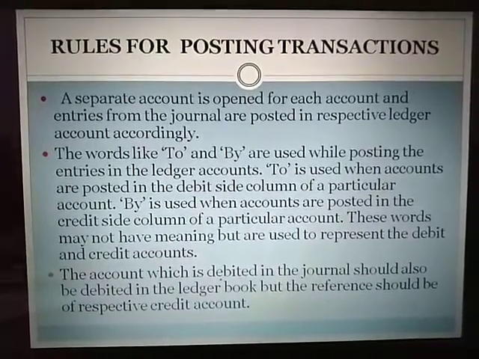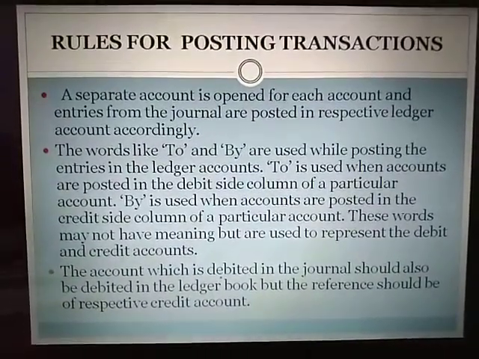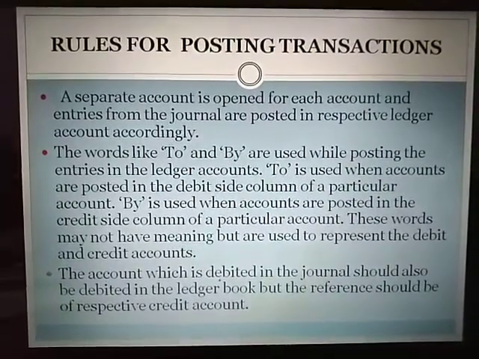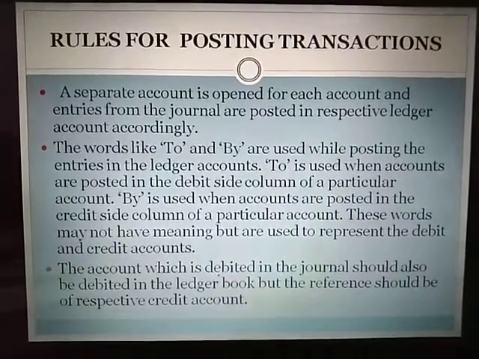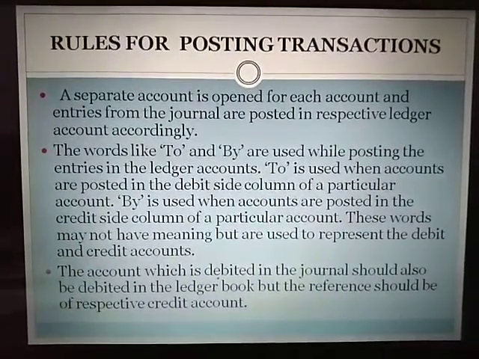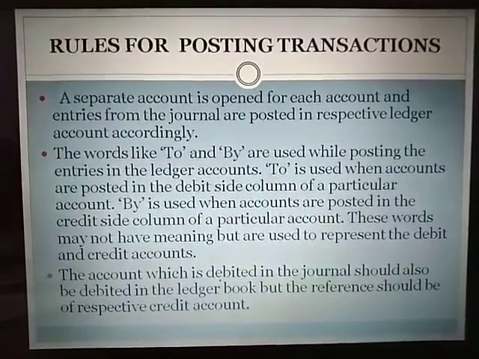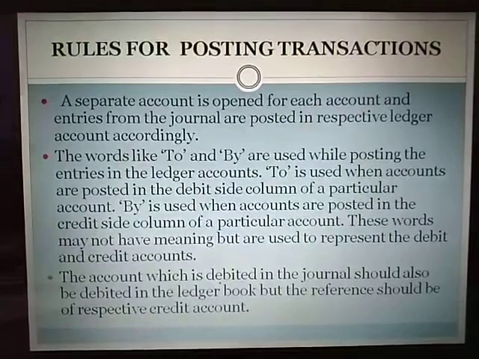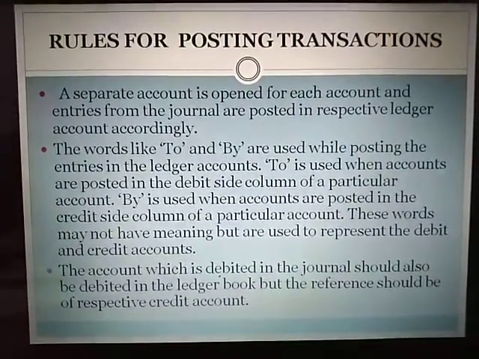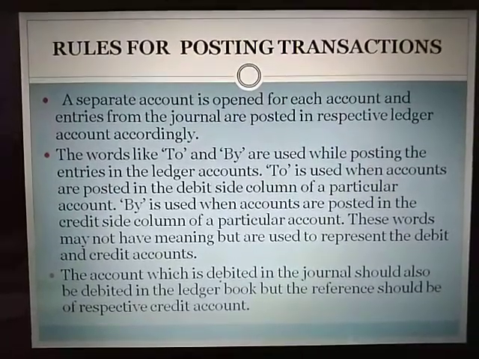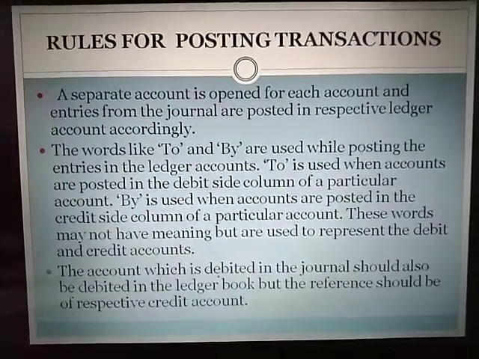Okay, why? Because we are purchasing. And in the cash account we will write "By purchase account". Why? Because cash is being reduced, and it is being reduced by purchases, so that is why we will record "By purchase account". In the cash account we will write "By purchase account", and in the purchase account we will write "To cash account". Okay, this will be much more clear to you when we start doing the sums. For the time being, just understand what to do in case of this kind of entries.